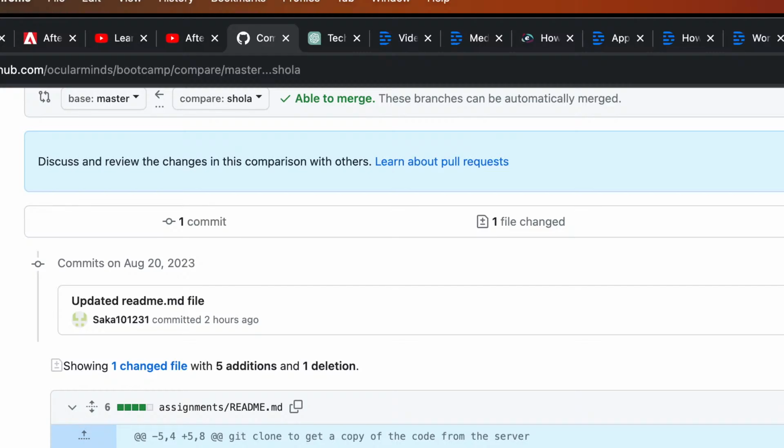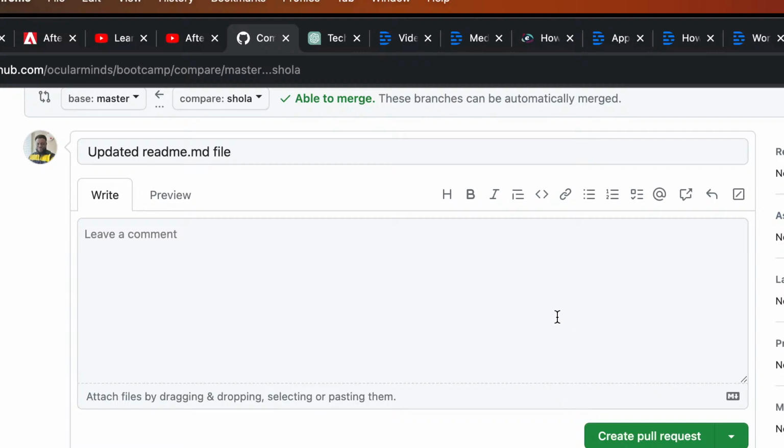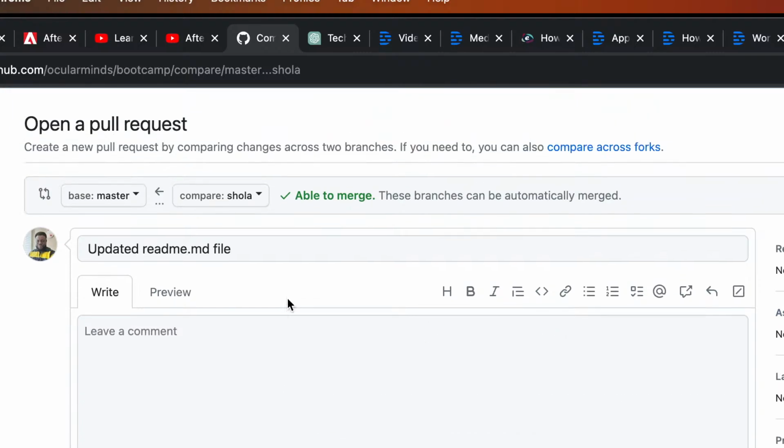Your changes will not be reflected. It must be in that order. So once you have done that, you will see your changes. Then you click on create pull request. Create pull request. And then it will give you